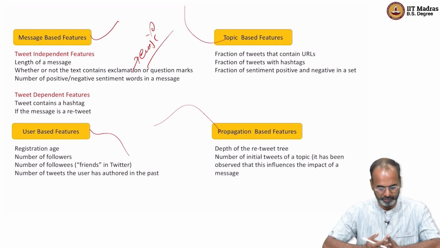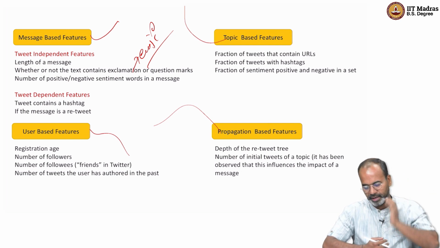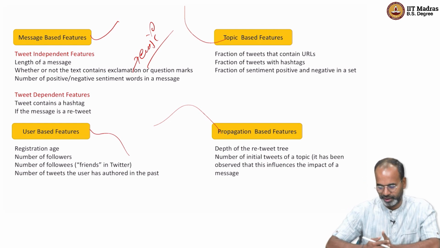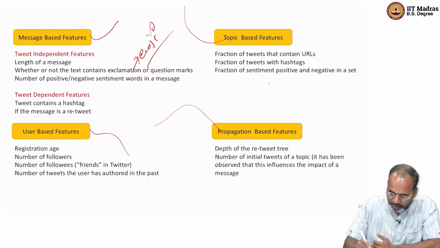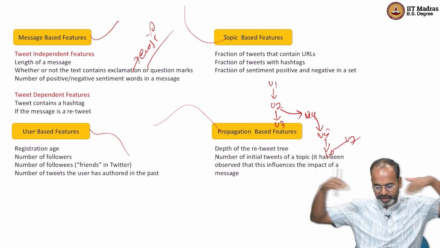Registration age, number of followers, number of followees, number of tweets the user has authored in the past, fraction of tweets that contain URLs, fraction of tweets with hashtags, fraction of positive and negative sentiment, and depth of the retweet tree. So, for example, U1 does a post, U2 retweets, U3 retweets, and U4 also retweets. But U4 has U5, U6, U7, whereas U3 ends there, right? Depth of the